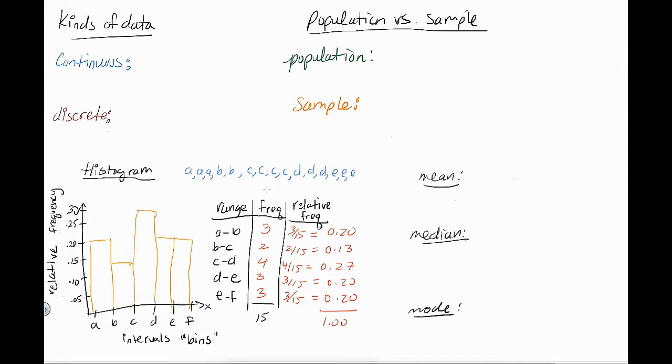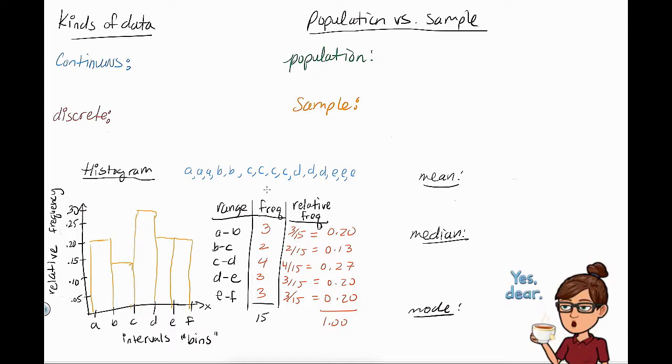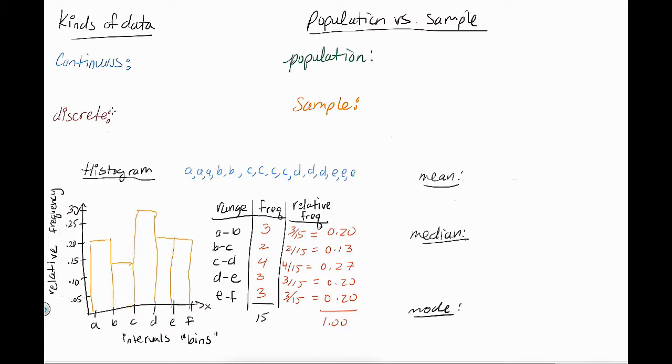So what I want to do is give you just some brief introductions into some ideas and lead you into a particular type of distribution called a normal distribution. Before we can do that, we need to revisit a few concepts that you may or may not be familiar with. First of all, there's two types of data. There's continuous data and then there's discrete data. Continuous data is basically any data that can include a number within a particular range.